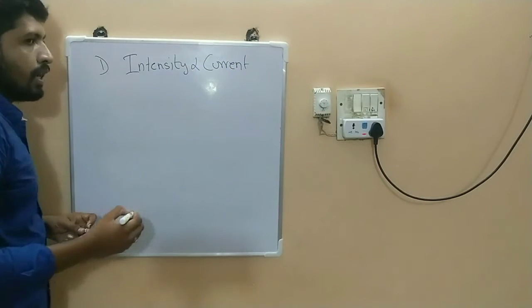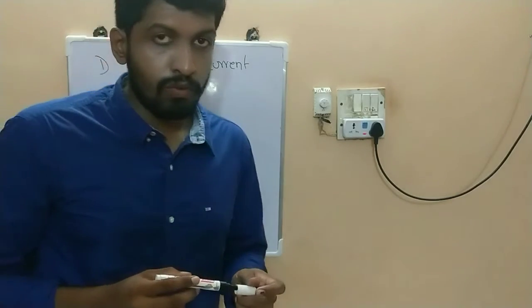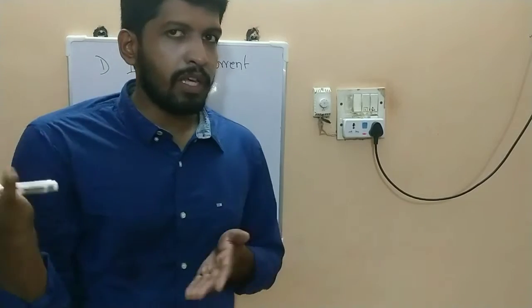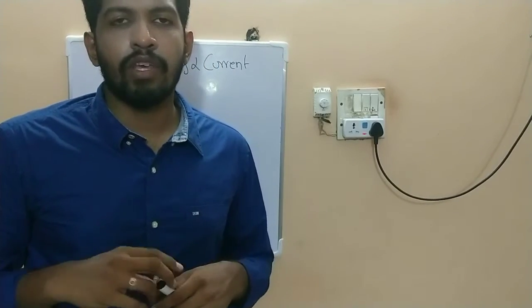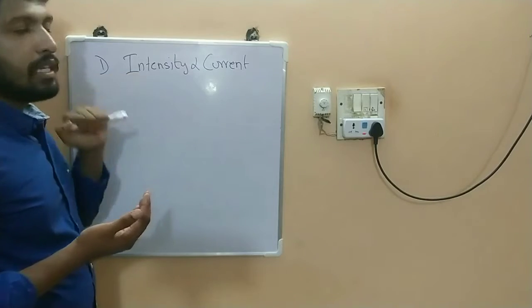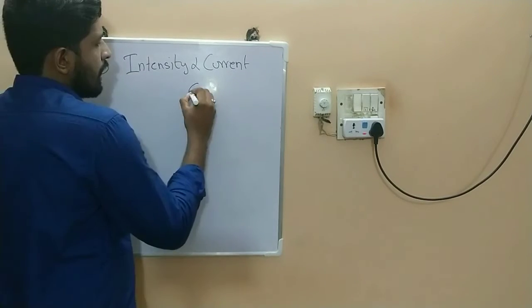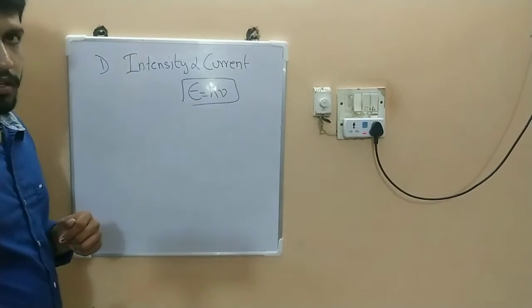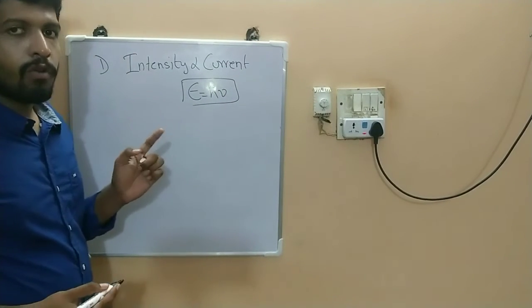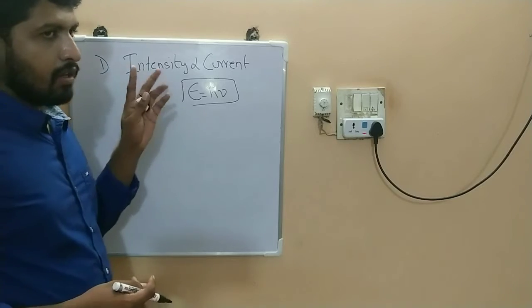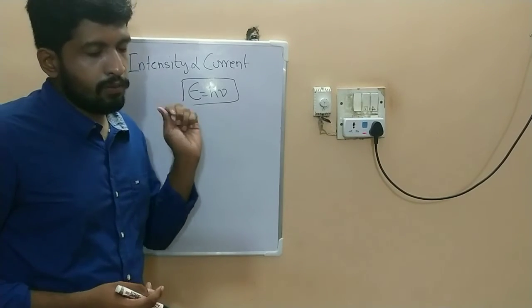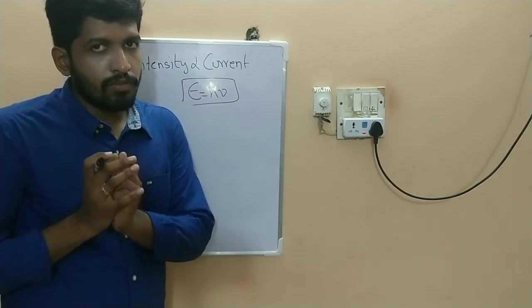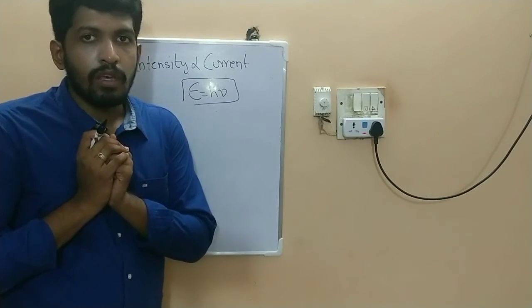So we know the intensity is directly proportional to current in the case of the photoelectric effect, but we cannot explain that using the wave theory of light. Intensity is directly proportional to current. Energy possessed by one photon is E is equal to h nu. This is one photon, only one photon, and we say that the photon is a small packet of energy. Numerous such packets of energy together constitute a beam of light.